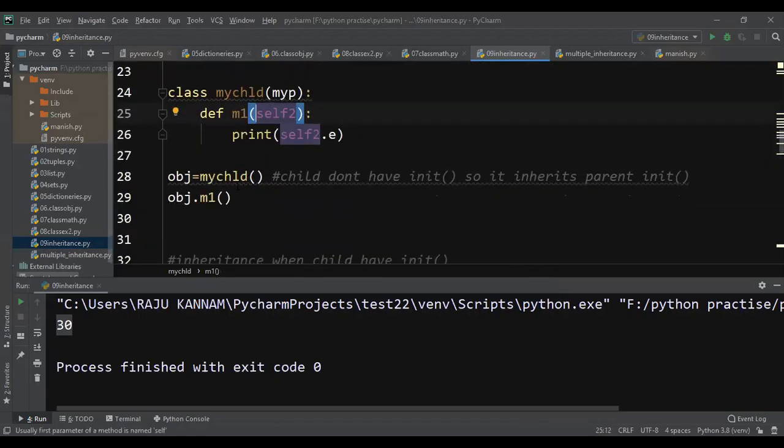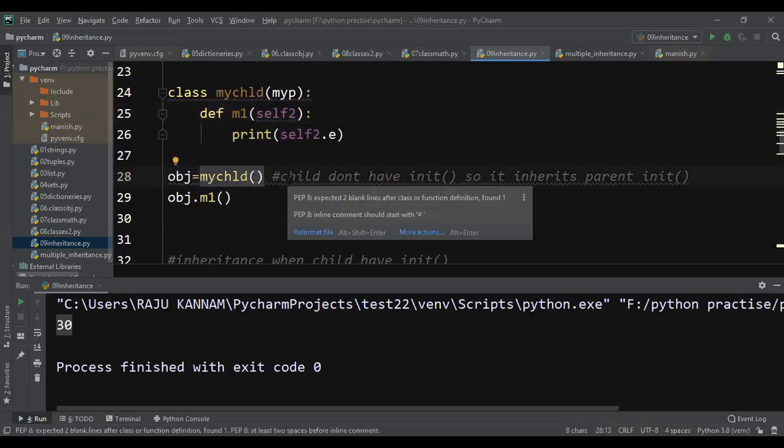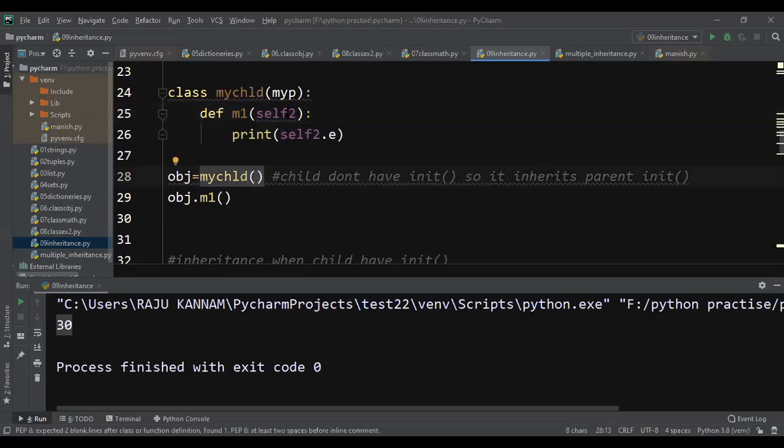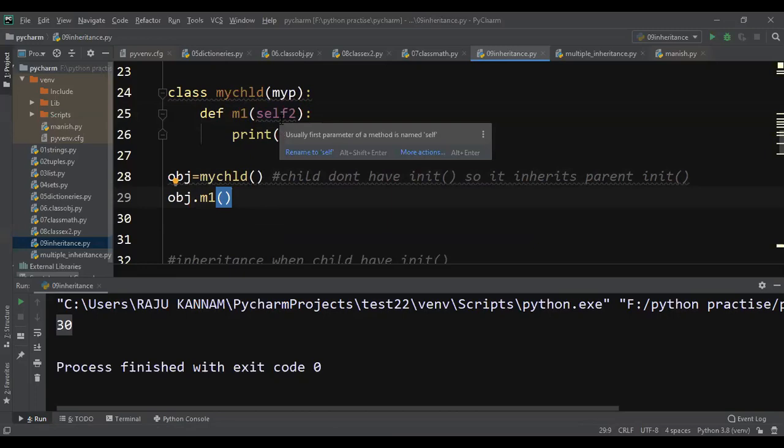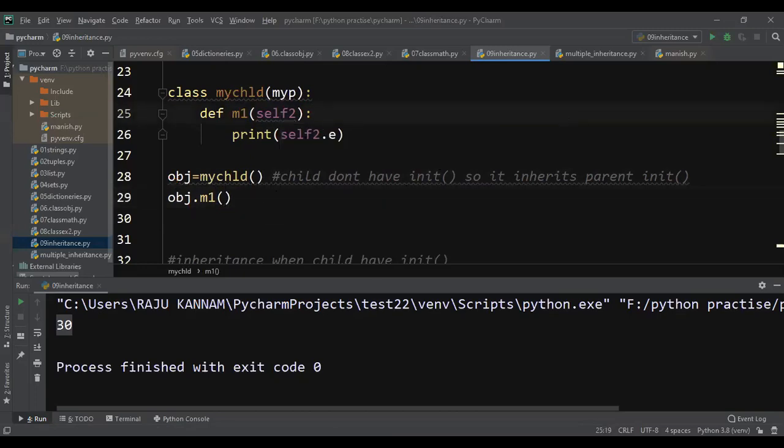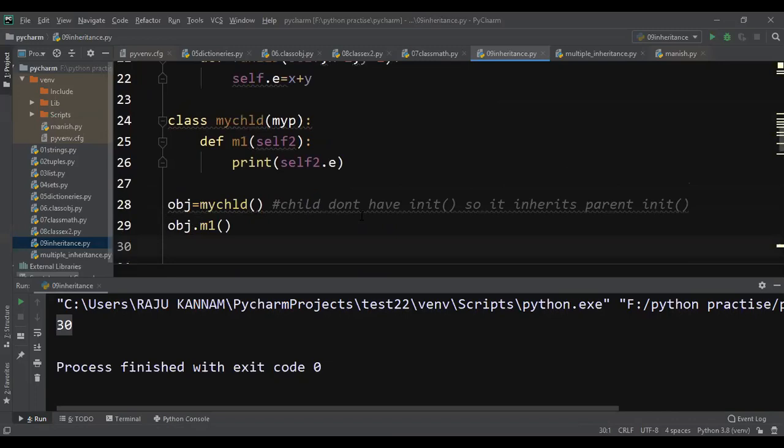Now when you create the object for my child, what happens? The object is created. Then if we call obj1, can you guess the result here? What will be the result? Can anyone expect the result here?